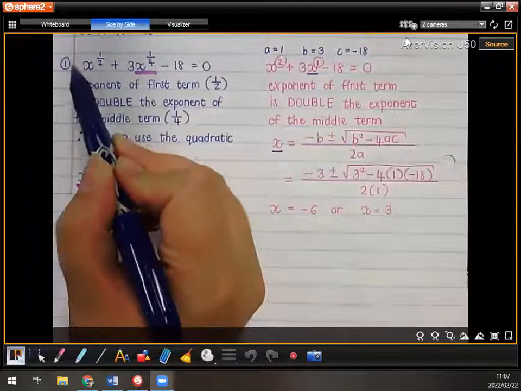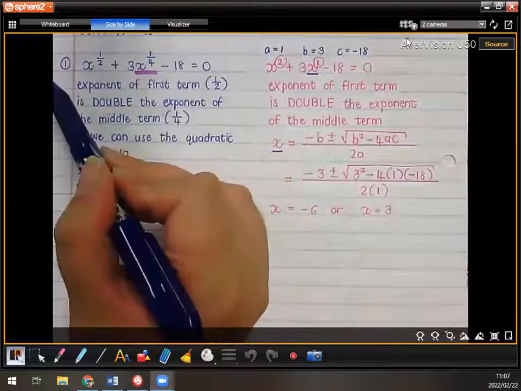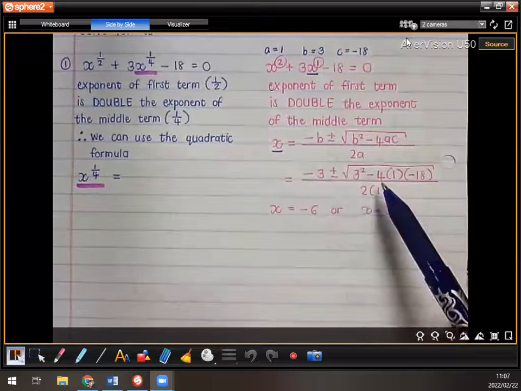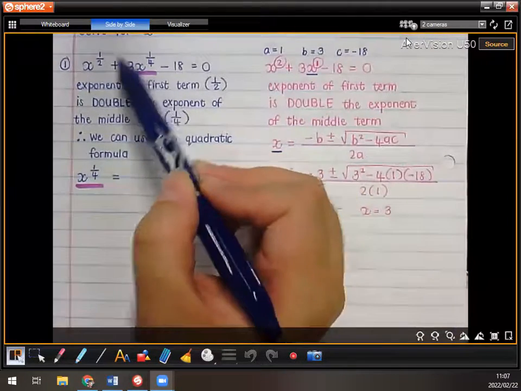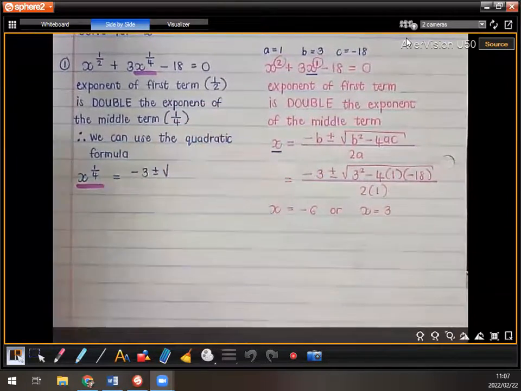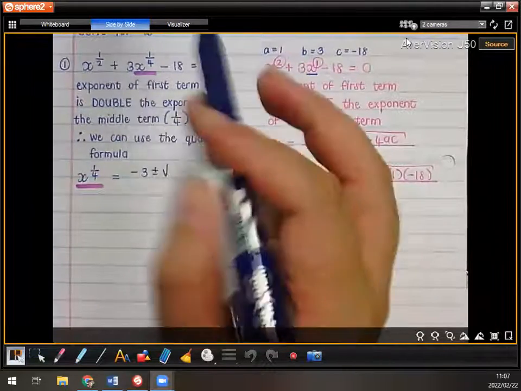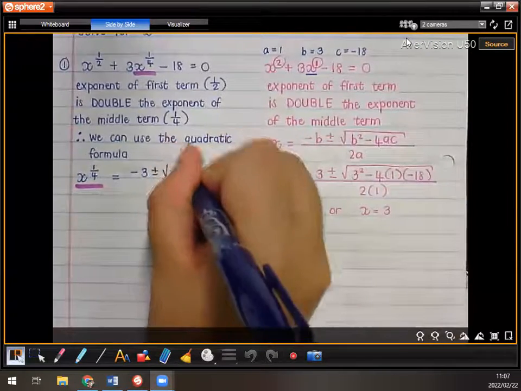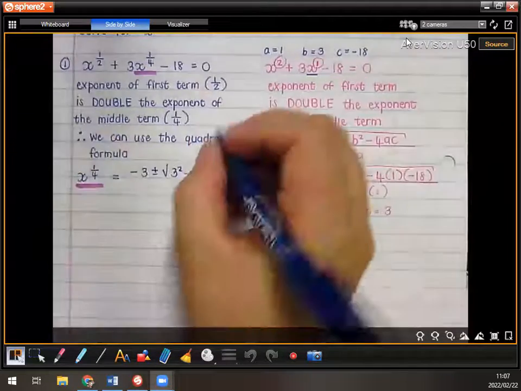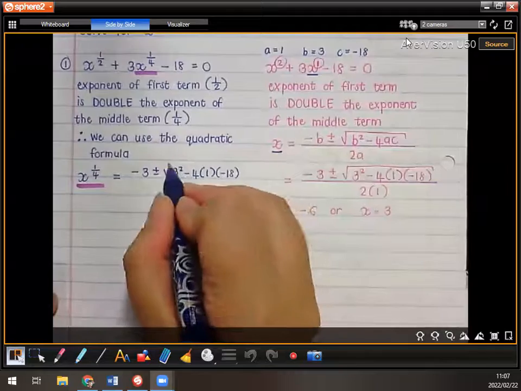Your A value is still 1, B value is still 3, and your C value is still negative 18. Right? So we're actually going to have exactly the same substitution. Right, we're going to do negative B, B is 3, right? So we're going to have negative 3 plus or minus the square root of B squared. B is still 3, so 3 squared minus 4 times A, which is 1, times C, the constant term, which is still negative 18,